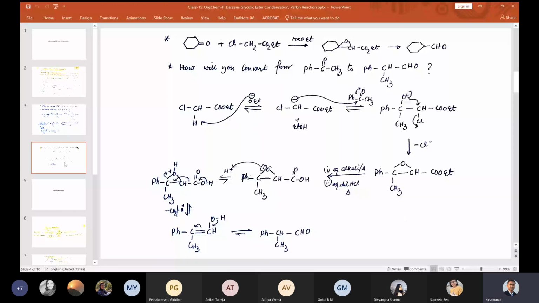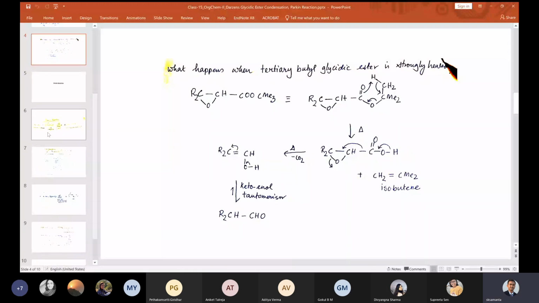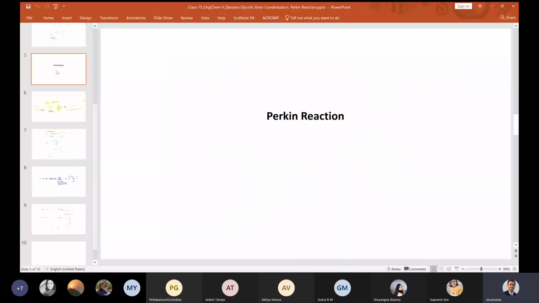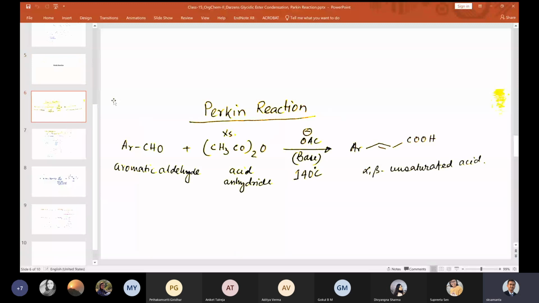So today we will do one more reaction which will also be finished very quickly, not a problem. And that is called the Perkin reaction. I think some of you might have heard about this Perkin reaction. In the Perkin reaction also, it takes this kind of compound which is related to your aldol and Claisen ester condensation sort of moiety. We will see why I said this when we see the mechanism.